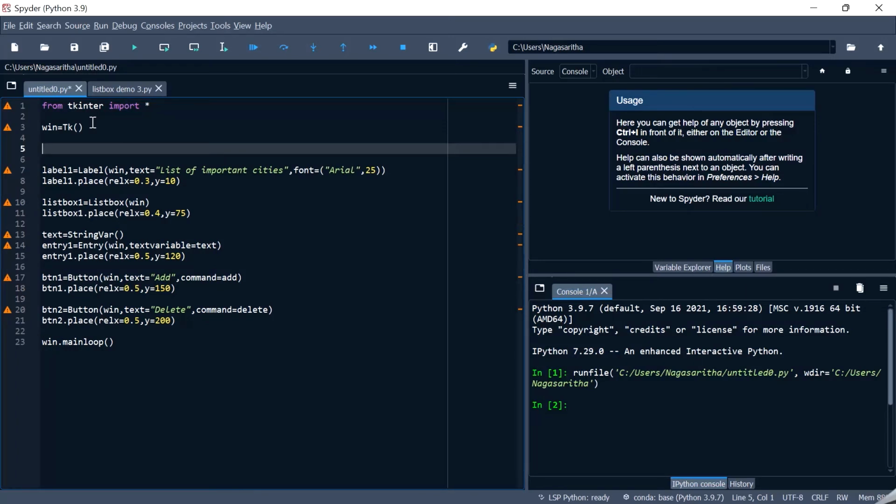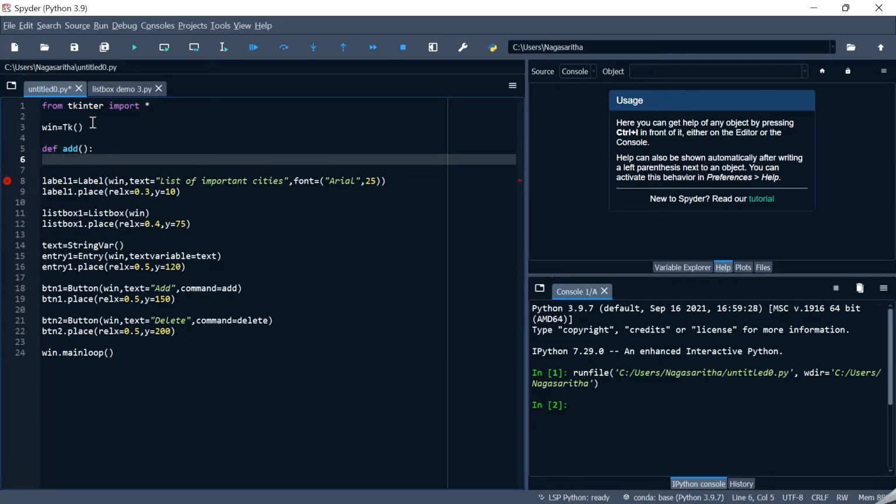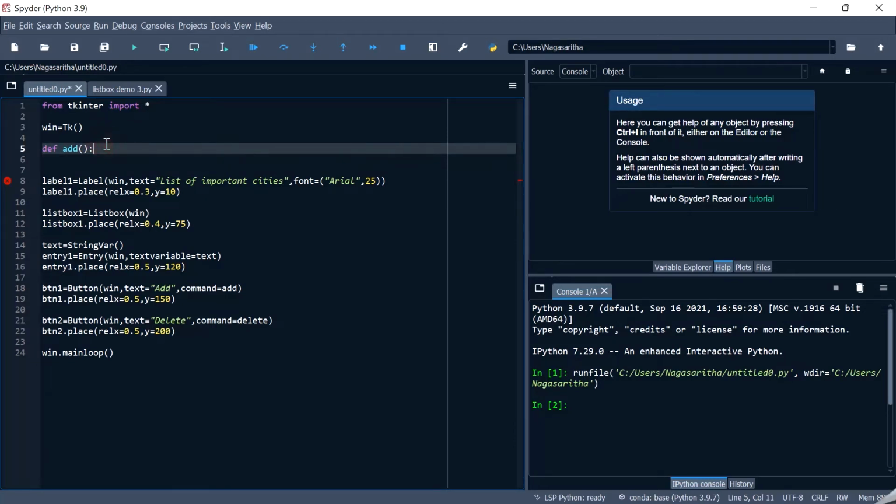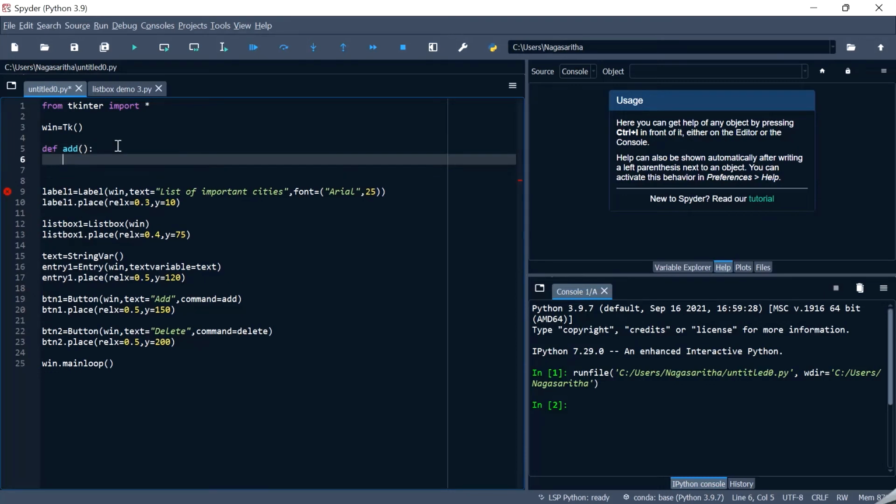So initially, def add. So this is the function def add and then brackets and then colon. Now when I click on the next line it will be indented, and let's say